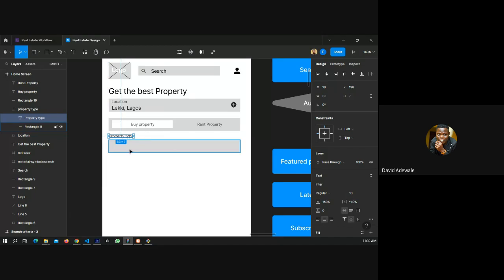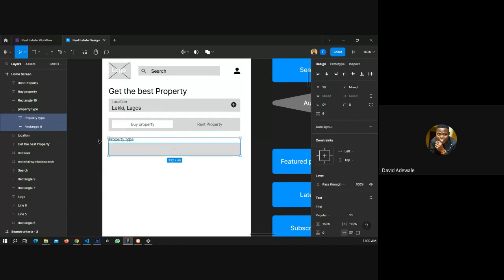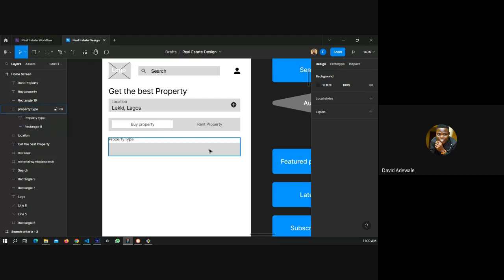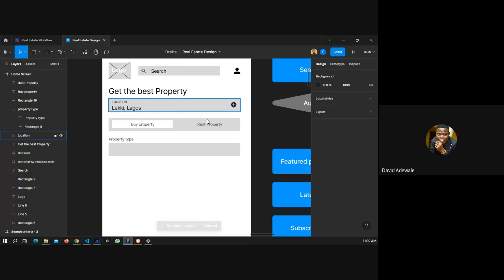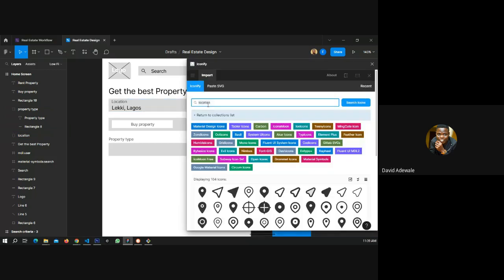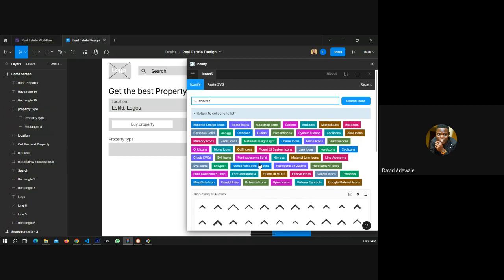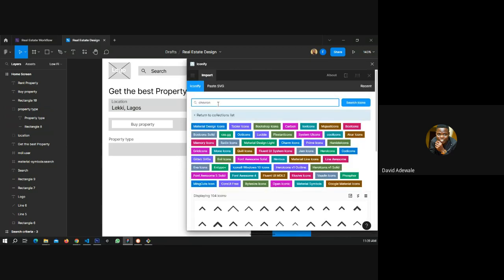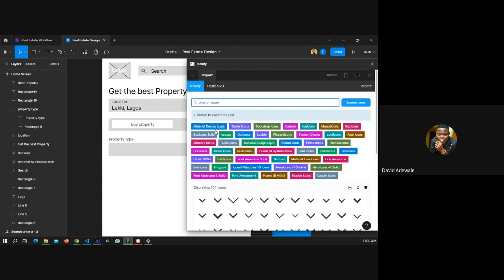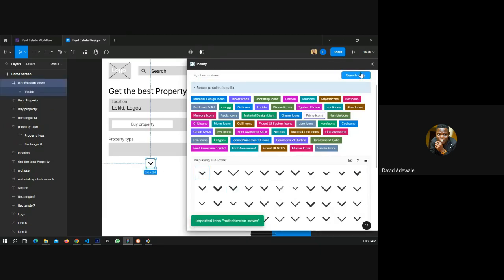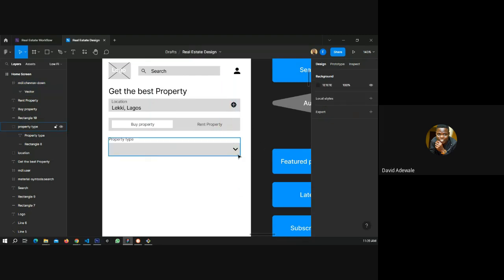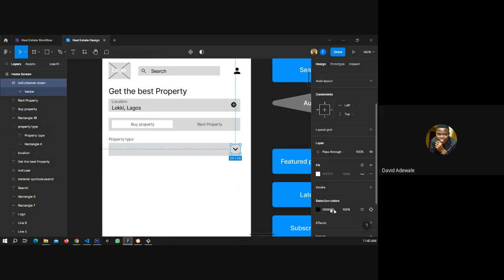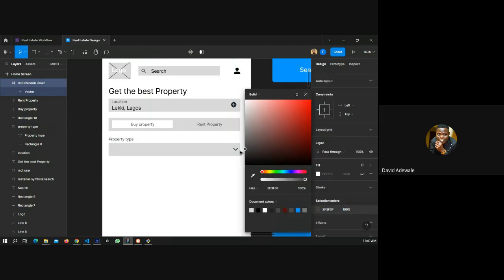Property type, and then you select either the landed property, or let's just have Iconify, and then I will say chevron. Okay, chevron down. Yeah. So I can have something like this to indicate that it's a drop down. So I can then use my gray color here.